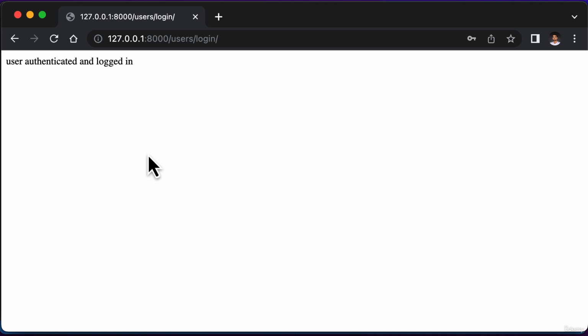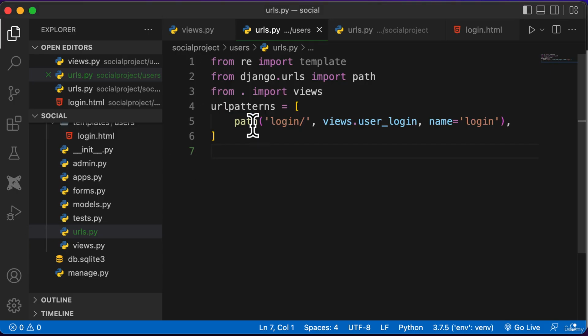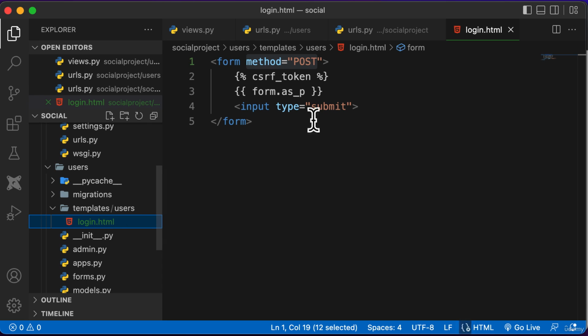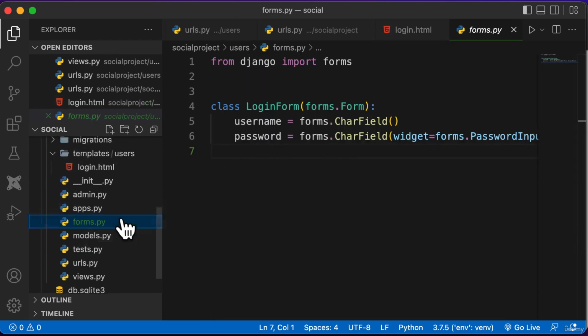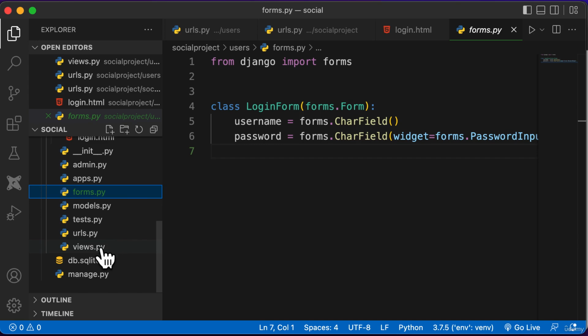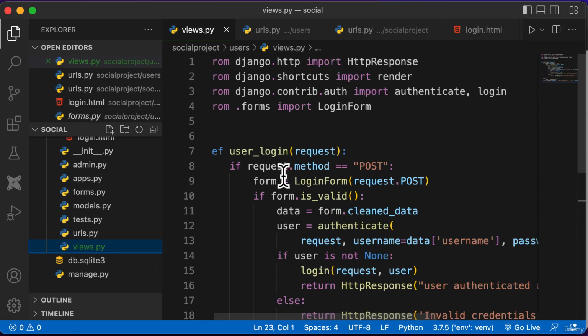So once we have actually designed the login functionality, let's now go ahead and design the logout functionality as well. For the login functionality, what we have done is we have created a template called login. We have also created a form, which is this particular login form right here. And we have also created a complex view right here, which renders out that particular template and logs the